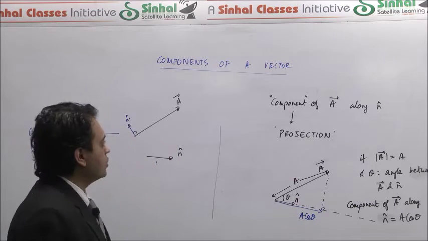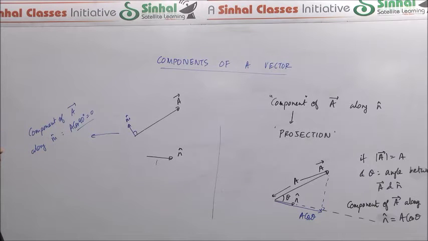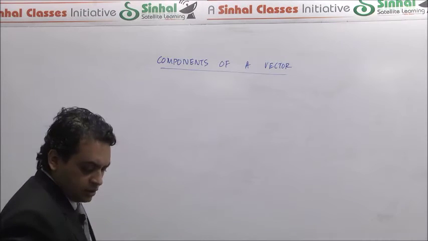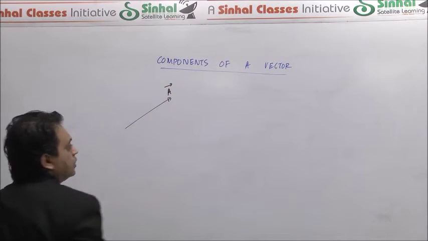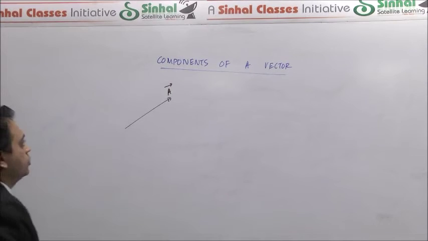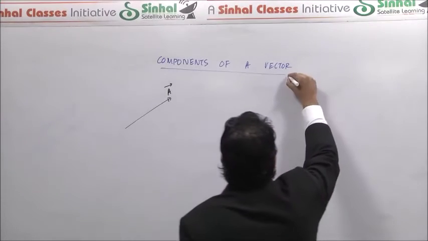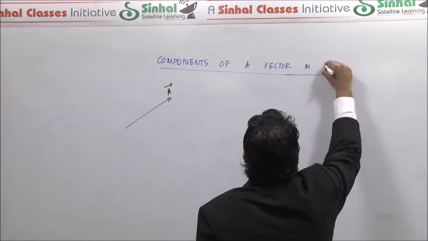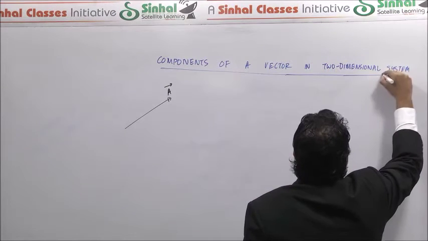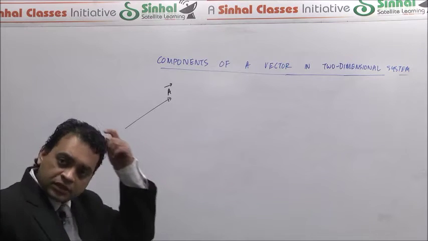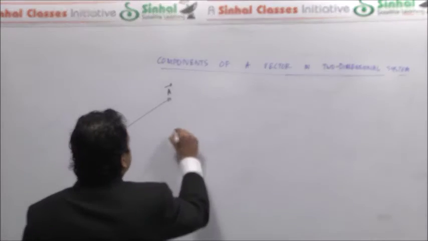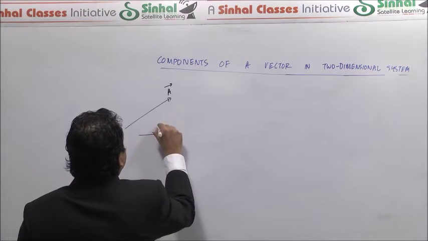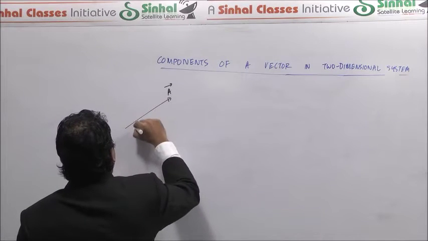So now another interesting concept that is related with the component of a vector. If we define any arbitrary vector in a two-dimensional plane, for that matter, okay? So let's look at components of a vector next in two-dimensional. Then we will come to three-dimensional system next. So it turns out that if the vector A, let's say, is lying in a certain plane, okay, and we define any two arbitrary unit vectors, let's say n cap and m cap.